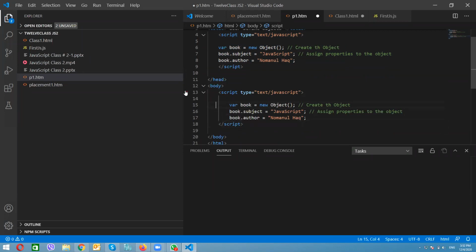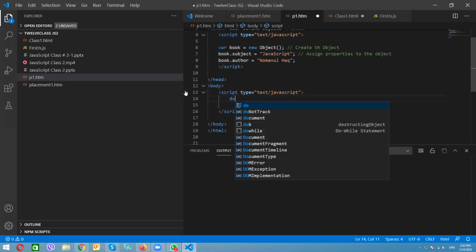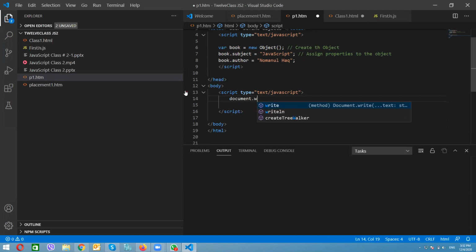So again, I'm using JavaScript in the body. Under the body, I will write document.write. Document.write. I will say here, book name is, with a colon.